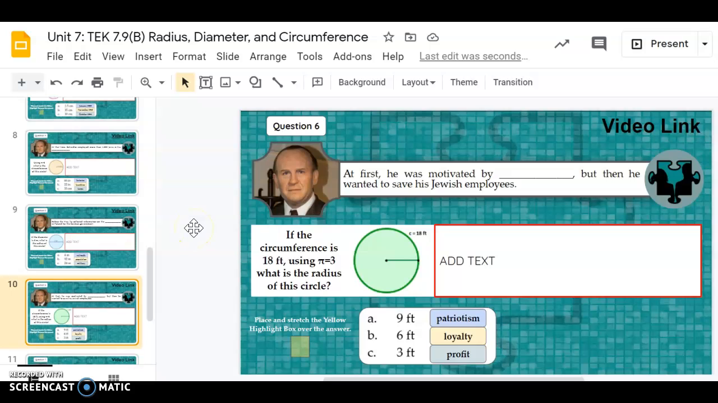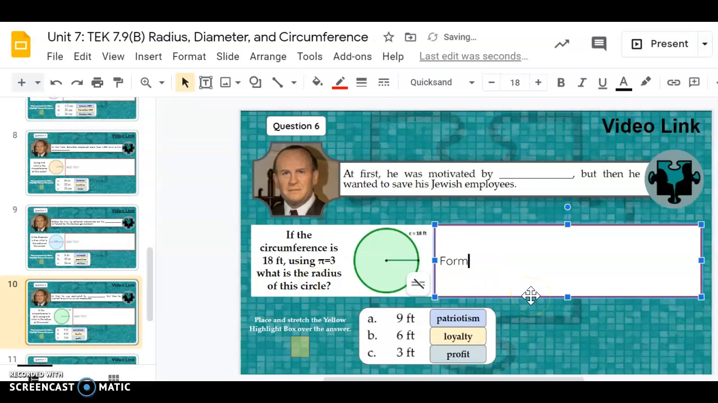All right, problem number 6. If the circumference is 18 feet using pi equals 3, what is the radius of this circle? Okay, don't get nervous. Let's use our formula. So our formula for finding circumference with a radius is C equals 2